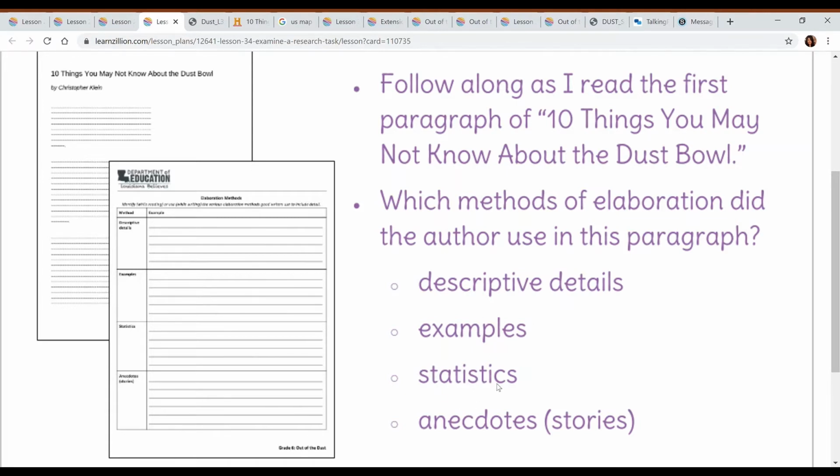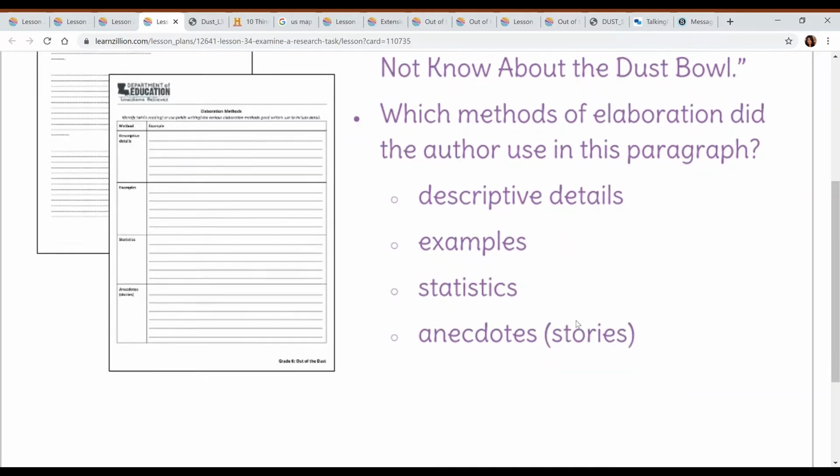Then statistics: the author gives us details in the form of numbers, figures, charts, or measurements. Statistics are important because they make us able to believe the article a lot better once we are offered a certain number or an idea of how many people, for example,